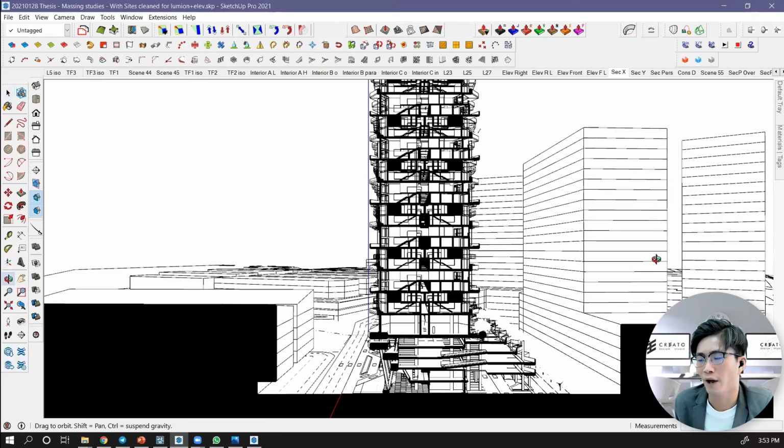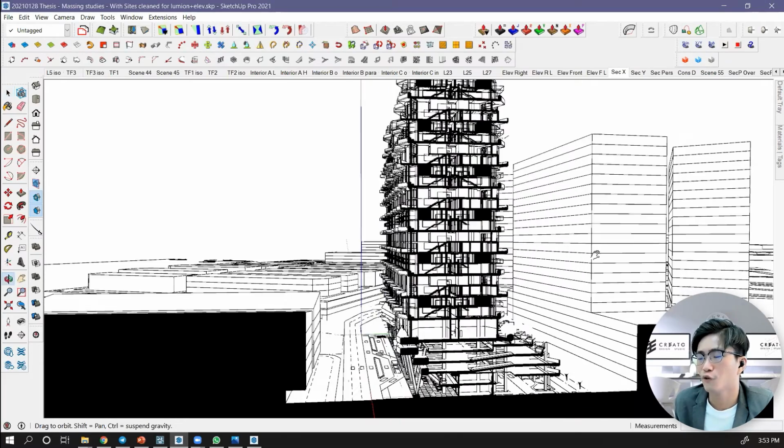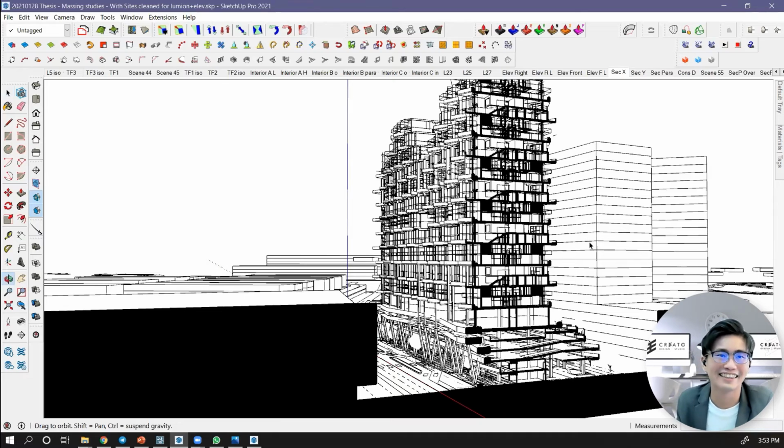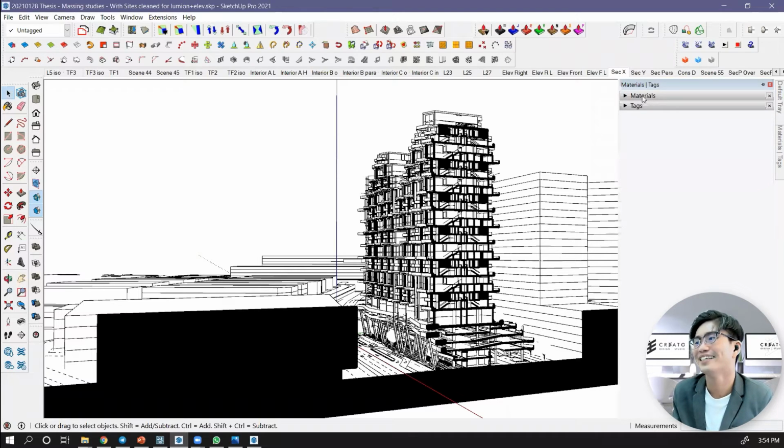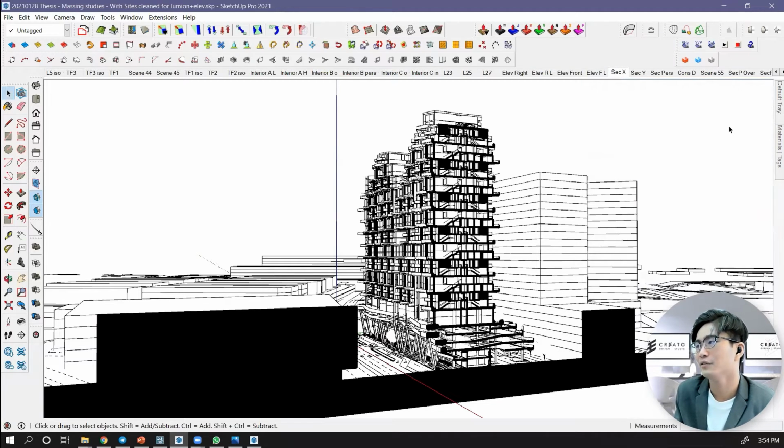You can tilt it if you want, and if you want to render a sectional perspective, it's getting crazy already, getting to another level. We not only cover the fundamentals and the basics, we give you what we did and what we applied. So how to make this into a render version? If you want to render it, there are a few suggestions here. Of course, I'm not going to render for you because it takes time, but I can give you the keywords to render. Today is all about many keywords and questions.